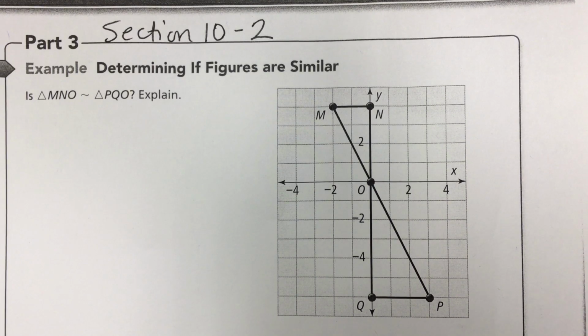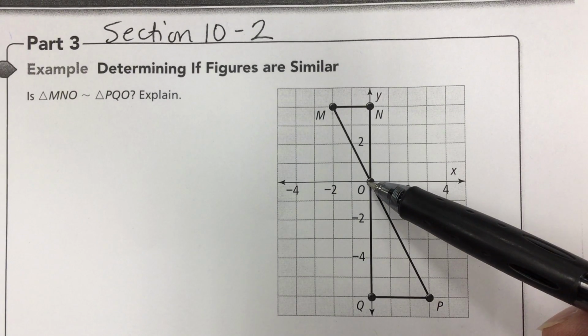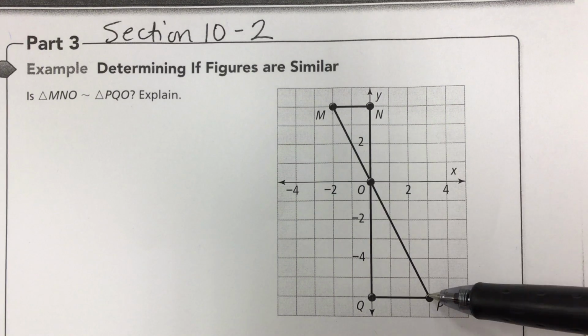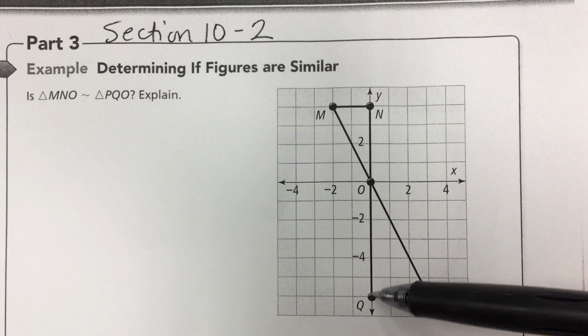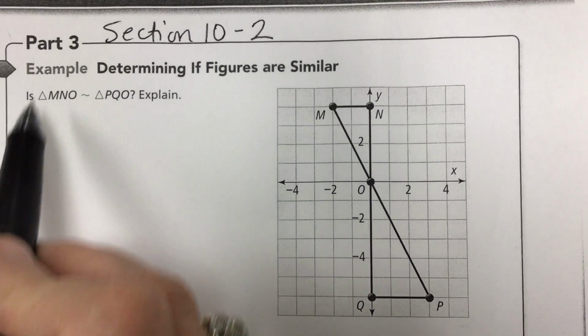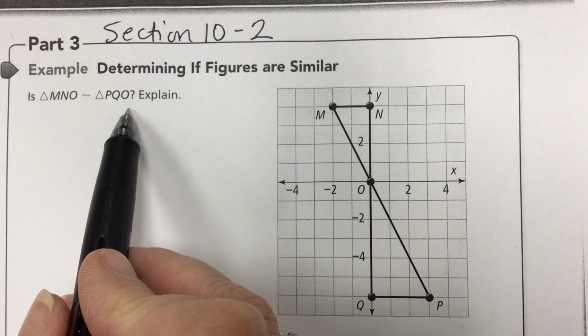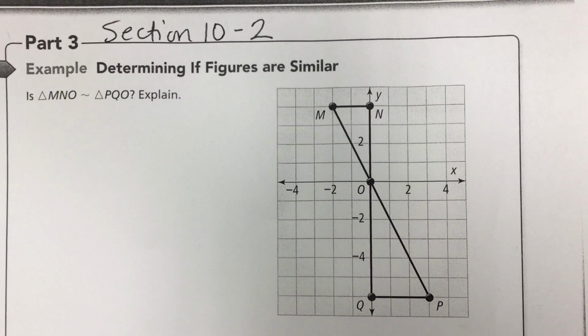Section 10-2, Part 3. Determining if figures are similar. Is triangle MNO similar to triangle PQO? Explain. Now let's look. In order for us to prove that these two triangles are similar, we must find a